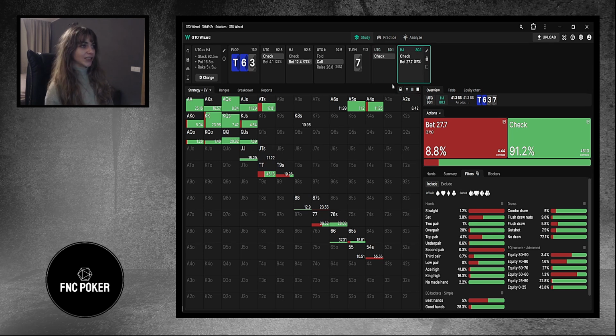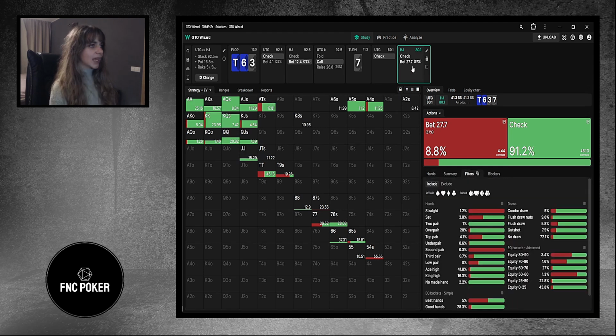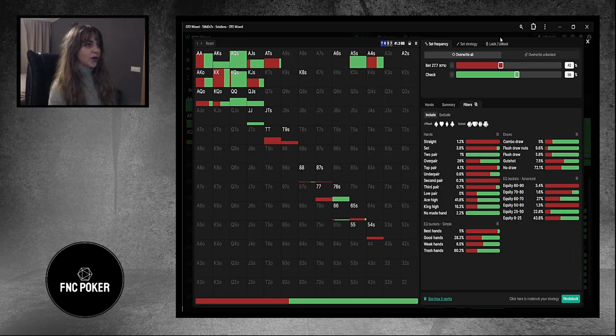of this strategy is. So you see, once we don't have donks, hijack is supposed to check back very, very, very frequently. I don't think this is going to happen. So let's say he's betting a bit more often. But more than betting a bit more often,